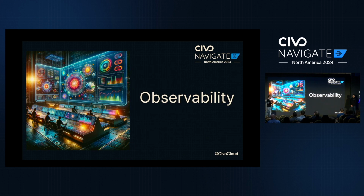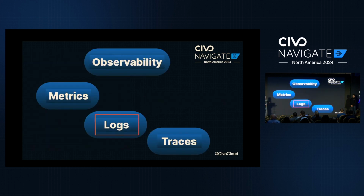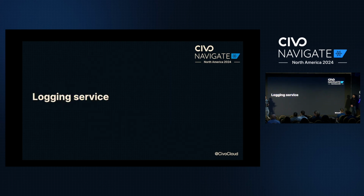The next part that I want to touch on is observability. Whenever we are working with the applications or the set of tooling that we are developing, observability is a key thing that we want out of our applications. And in observability, the key 3 areas are metrics, logs, and traces. And this time we have focused on the logs part of it. Whenever you are writing an application, you would need some sort of logs to filter and get the easy logs so that you can debug your applications much faster and know what is happening inside your applications. So very glad to announce our logging service, which I'll be demoing hopefully live,